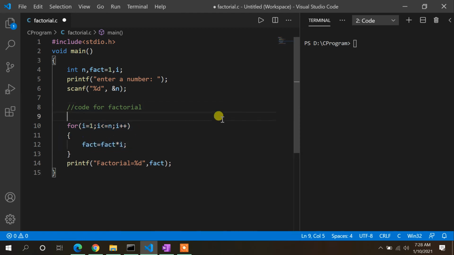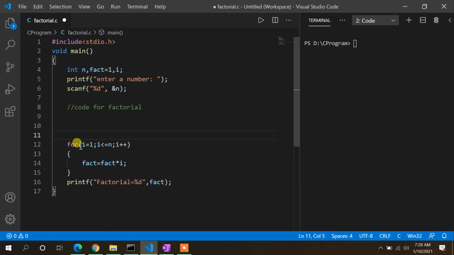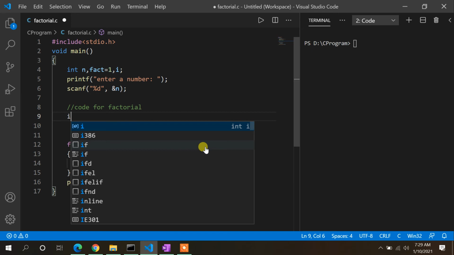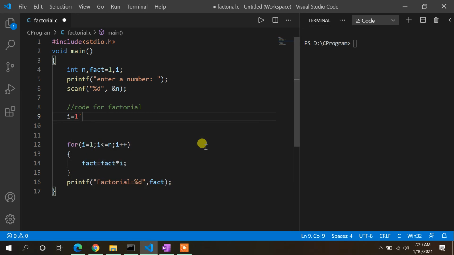So let me show you, because you know that this is the initialization section of your for loop. This is the condition, that is the loop condition, and this is your loop update. So a while loop has 3 different sections. First line is your initialization. So let us write the same thing over here, I equal to 1, by taking this from the for loop.